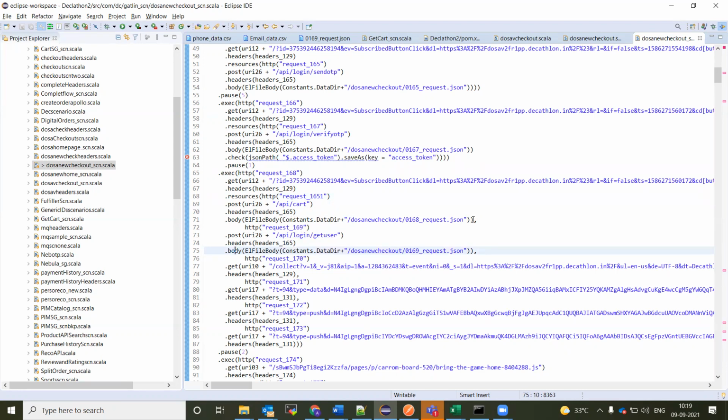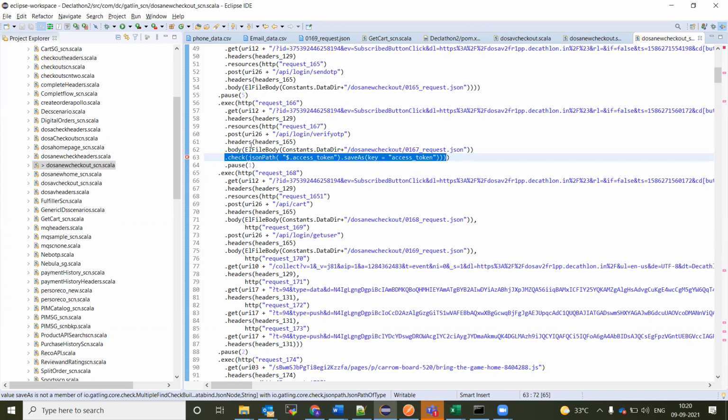So here it will not check the response. It will keep on posting and check only at the last point. If you add a check here, it will not capture your response here. It will capture all your responses at the end and store them in the respective parameters. If you want to check and assign some key here, then you have to add a pause. Add a check, check these things, and add a pause. Break the resource chain and add it here.